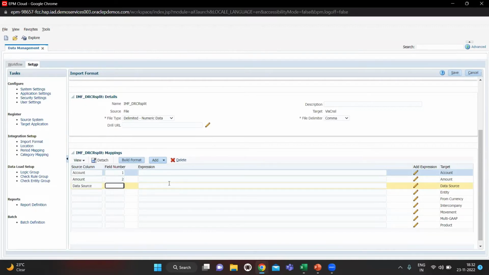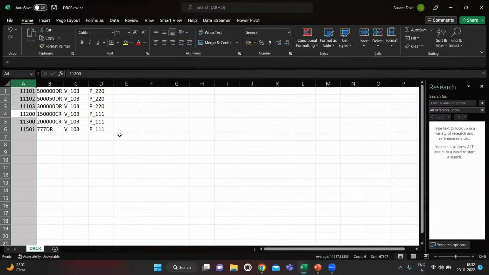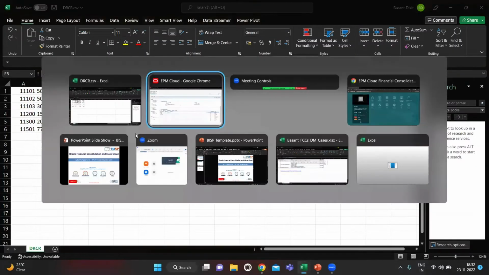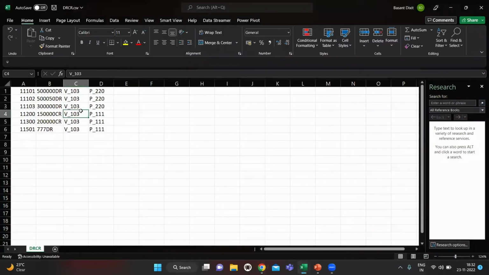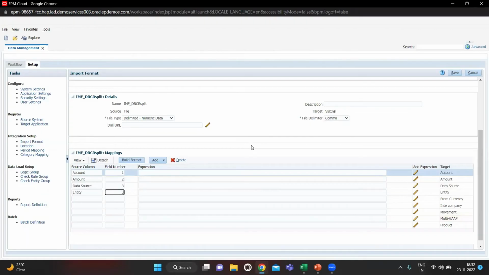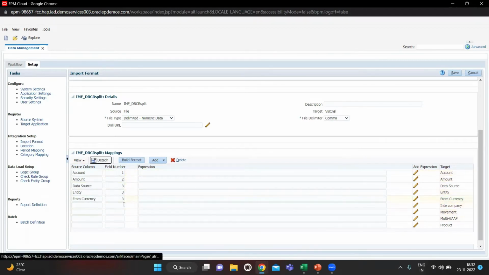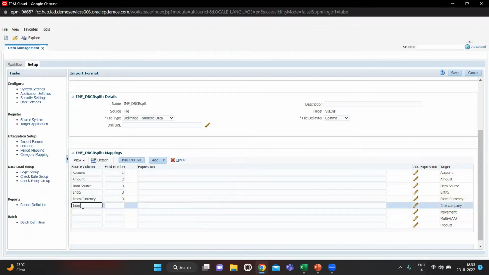And as you can see, we don't have the data source in our CSV file, so we will just give any random column number and then we will map it. So for this I'm giving it as 3, and then I will give entity. So we have entity at the 3rd column. Okay, so it is numbered as 3. And then for currency, again I will give any random number. I'm choosing 3, and then later map it. Then intercompany,